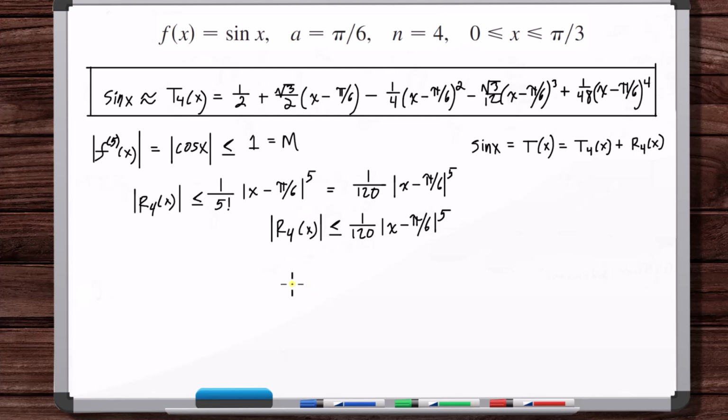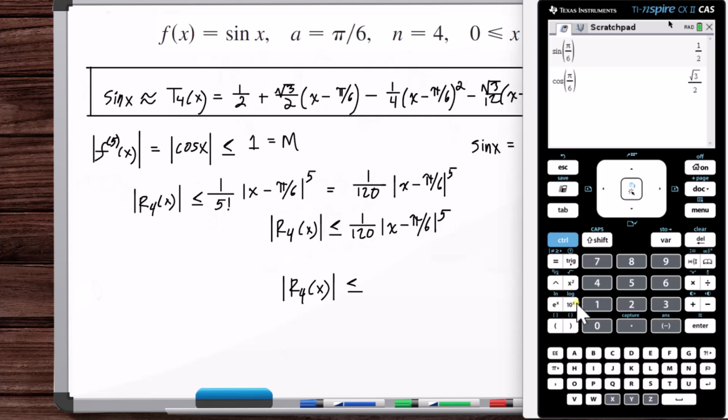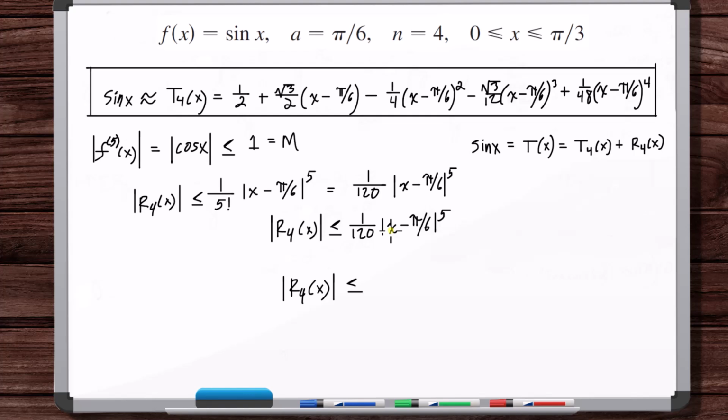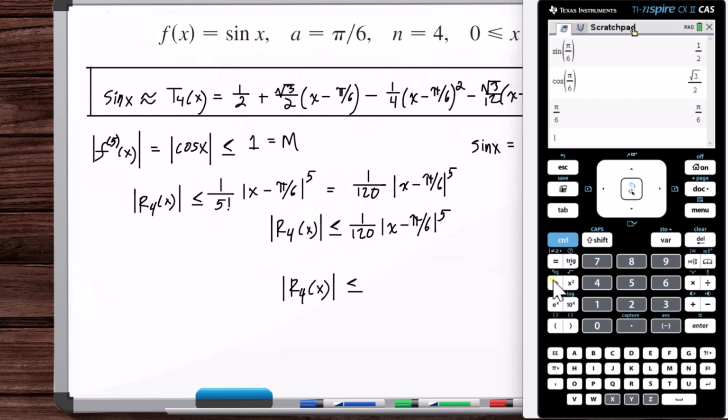If we plug that in, it wouldn't be x is equal to pi over 6. It would be pi over 3 or 0. That would be the x that results in the largest value under here, which would end up being pi over 6. So pi over 6 to the 5th divided by 120,